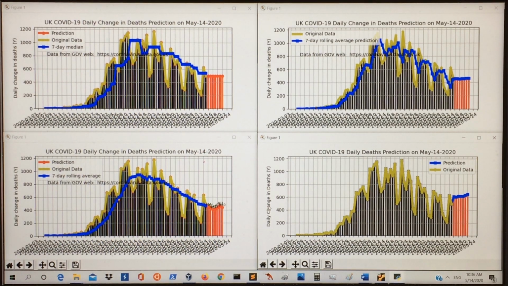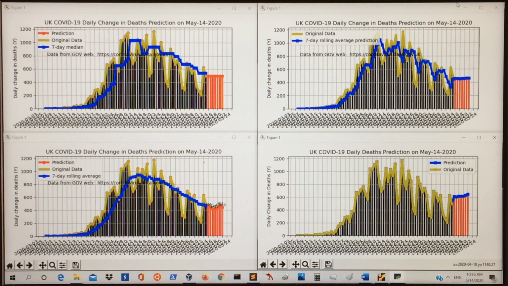Hi, this is a comparison of 4 methods to predict coronavirus. The 4 models are rolling median, rolling average, AR, which is autoregression, and Fibonacci weighted rolling average. I'm not going to explain the Python code for these, except for the AR model, which is